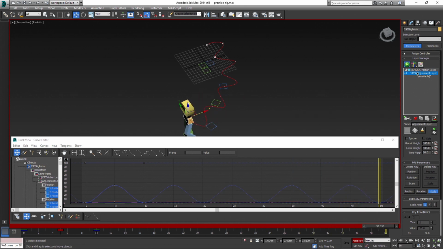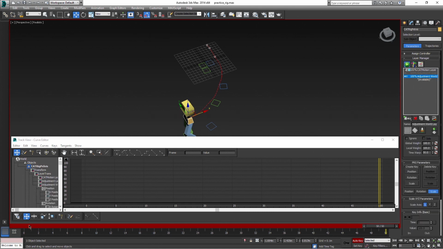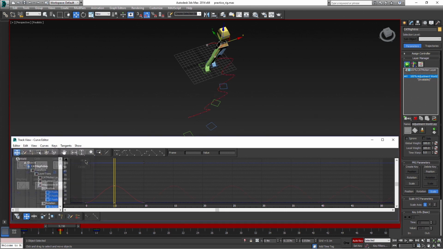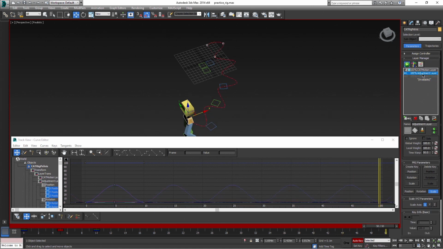But if we apply a world adjustment layer and do the same, we can see that the pelvis moves relative to the x-axis of the world, not the local axis of the pelvis. So that's the difference between them.